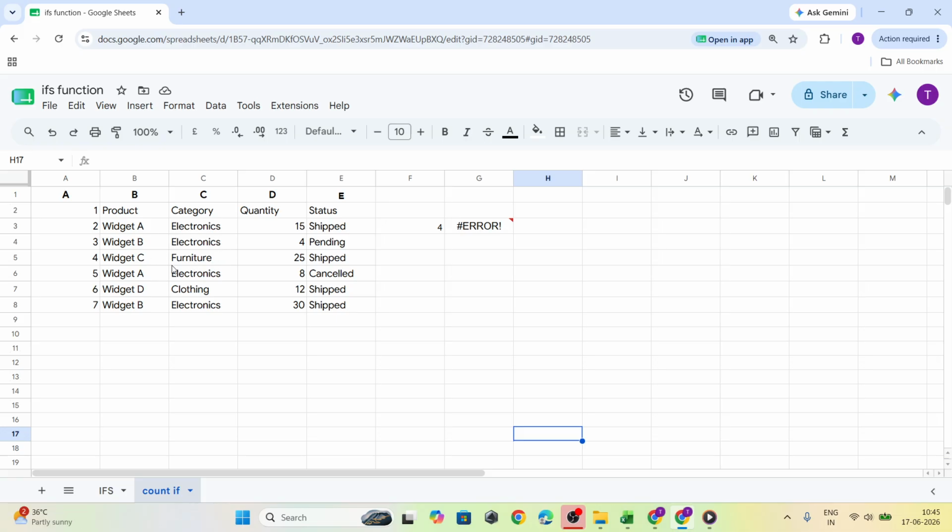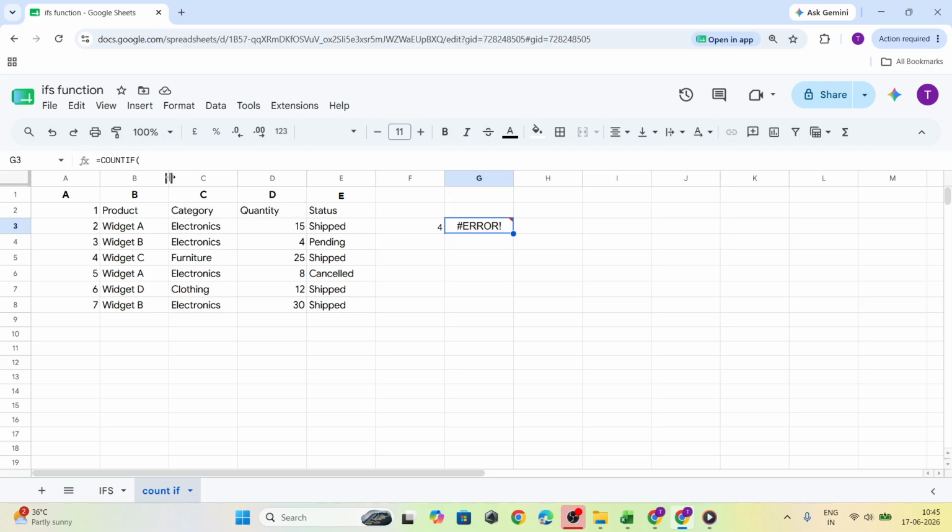To get started, click on the cell where you want the total count to appear. This is the cell that will display the result of your formula, so choose a spot that makes sense and keeps your sheet organized. It's often helpful to place the result near the data you are analyzing, so it's easy